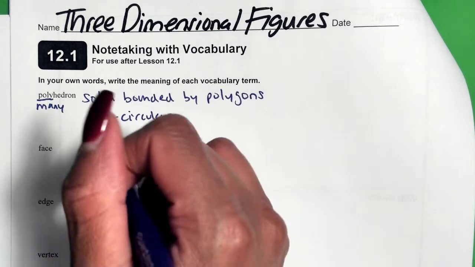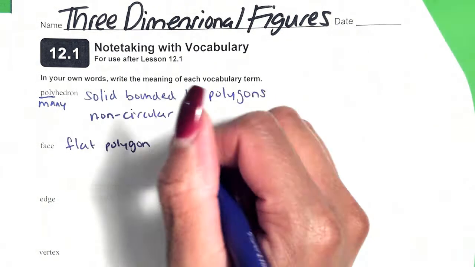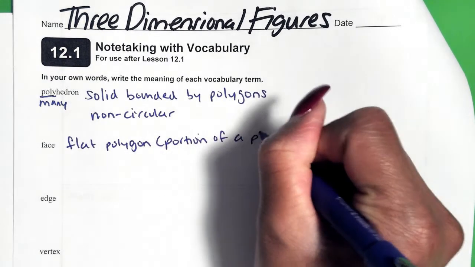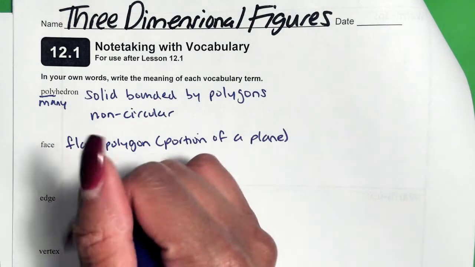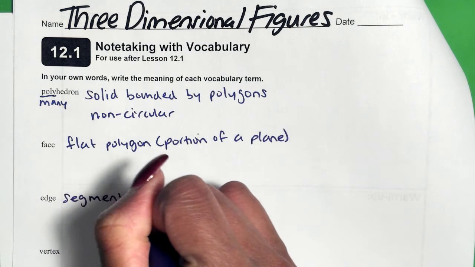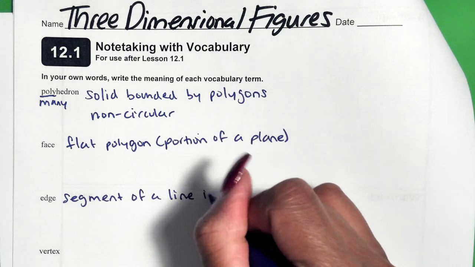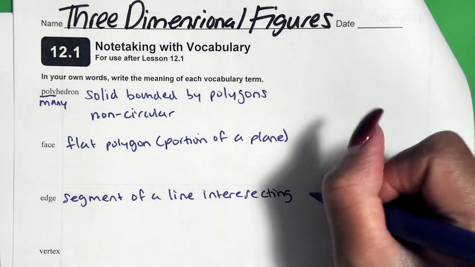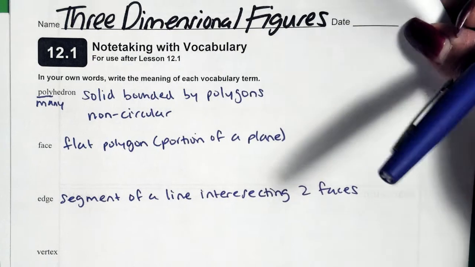Our next vocabulary term is a face, and that is a flat polygon. It's also a portion of a plane. So when you have a 3D figure, the face where you can sit it flat, that's the polygon. That is considered a face. The edge is a segment of a line intersecting two faces. So if I had two faces, that connection that they have is called an edge, and it's usually